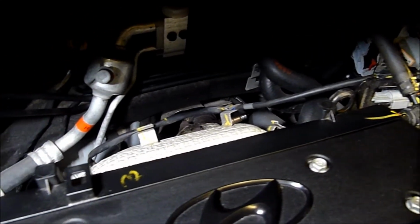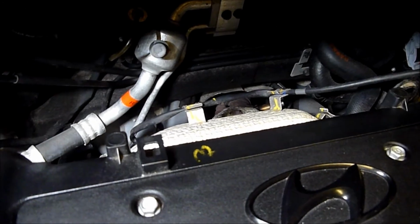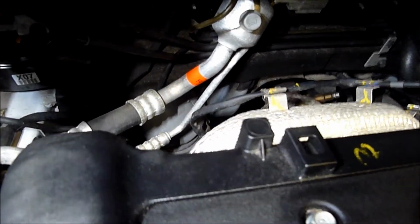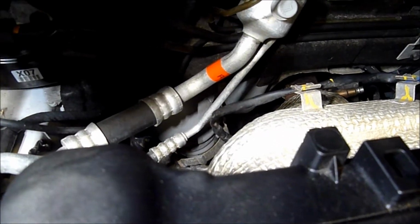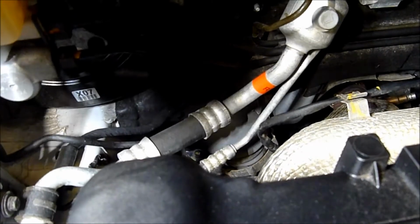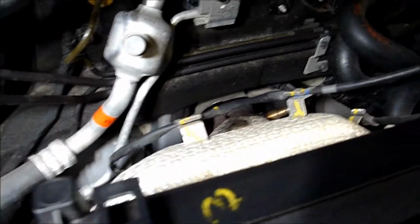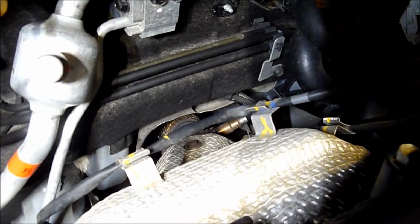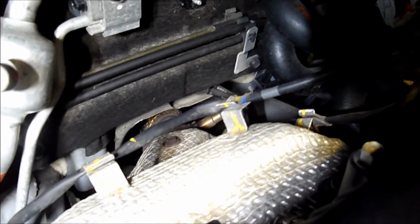So we'll come round slowly. You follow that cable along to the side, and that is the upstream sensor. So that's pre the catalyst, and then right at the bottom, probably quite hard to see, I'm going to zoom in and show you in a second. Right at the bottom there is the